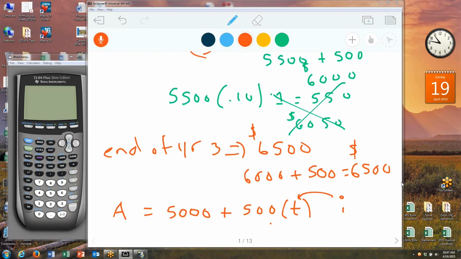I think in the section we looked at before, I have these switched around. It was your growth rate times your variable plus your initial amount. But it's the same thing. Now, the formula for simple interest,